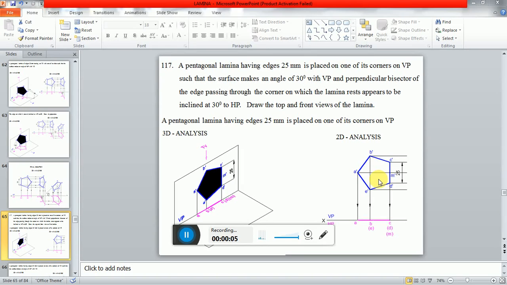We are going to take up one more problem on a surface which is perpendicular to VP, perpendicular to HP and parallel to VP. So here